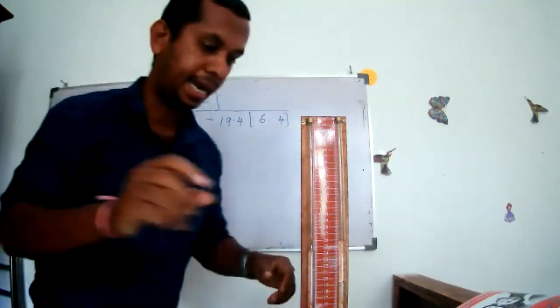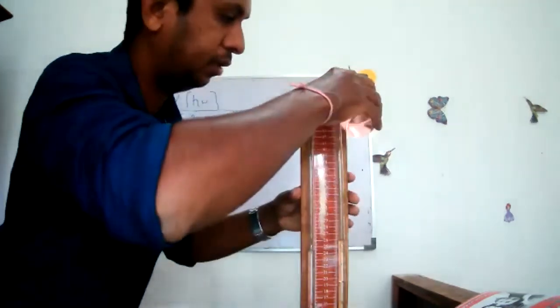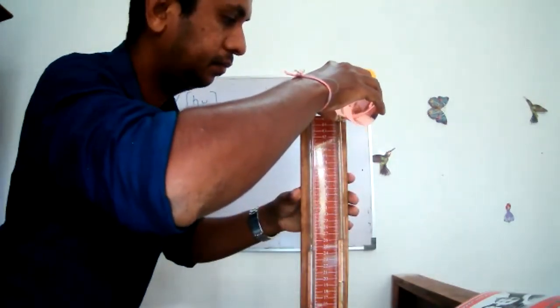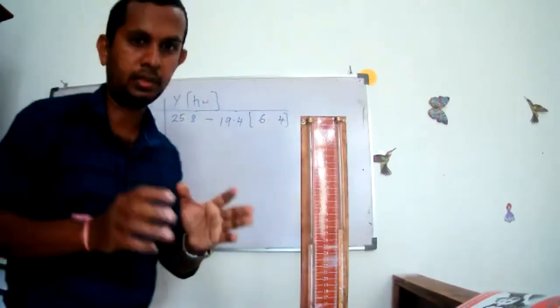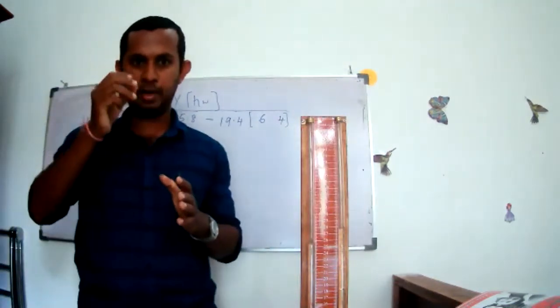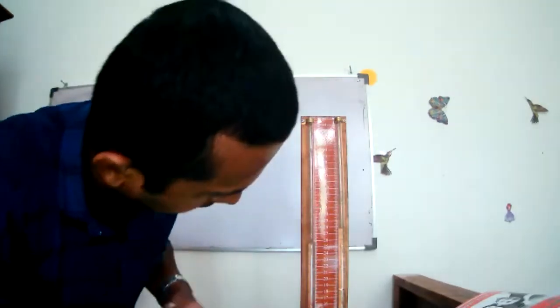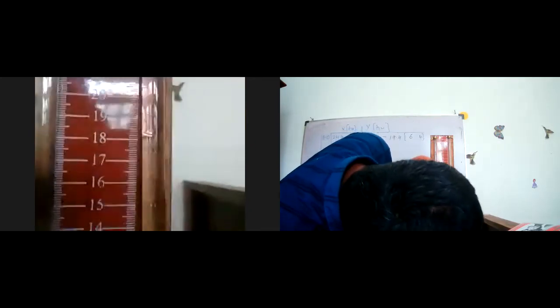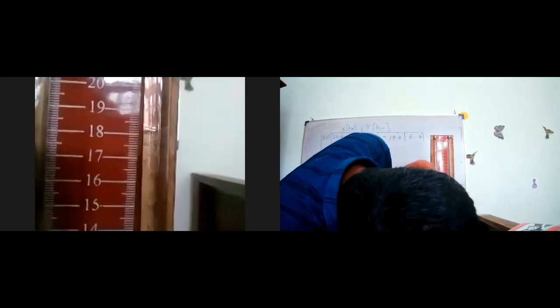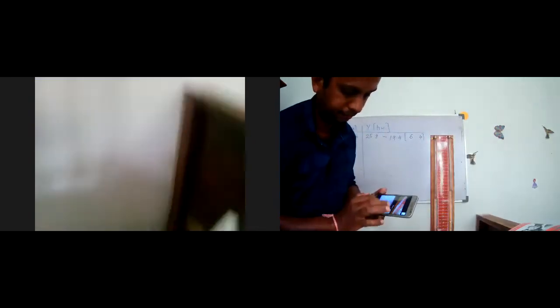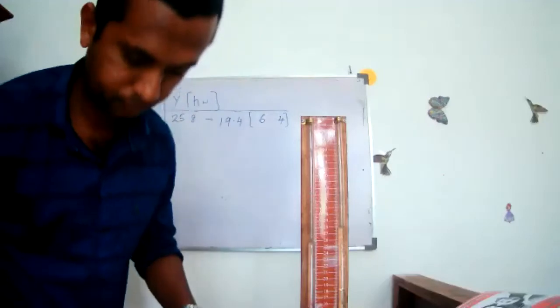Then I am going to again add a certain amount of kerosene oil to the right hand side column. At once I am not going to take the readings. I am going to wait a little bit until both columns come to rest, right? Then this will be the new reading. Not 19, it should be 18.2, right? The reading is 18.2.